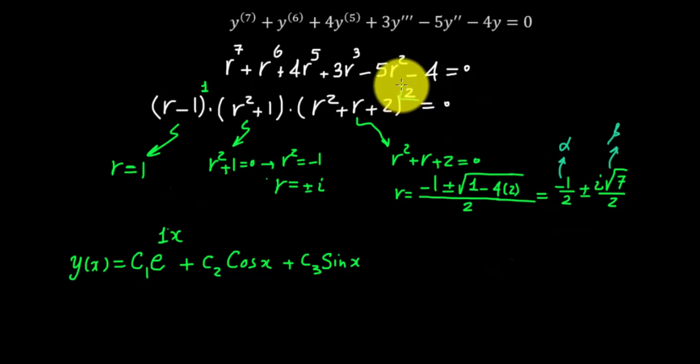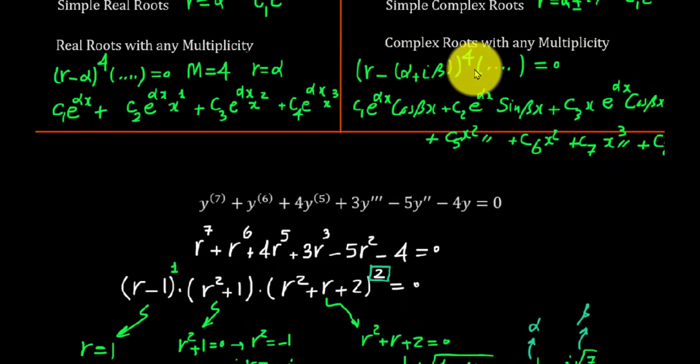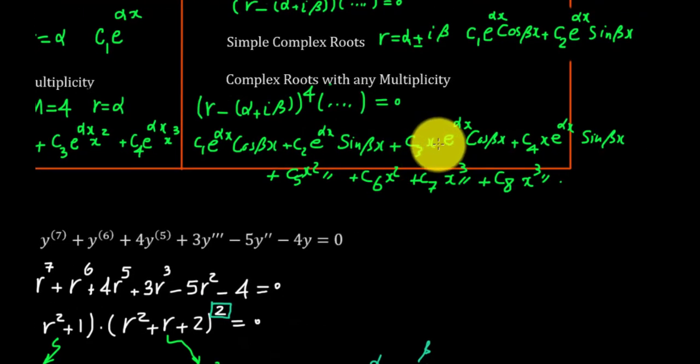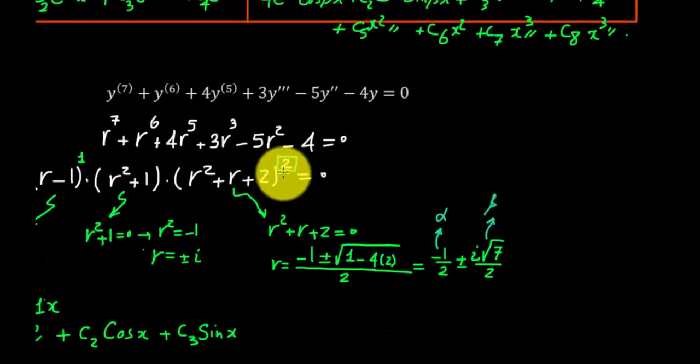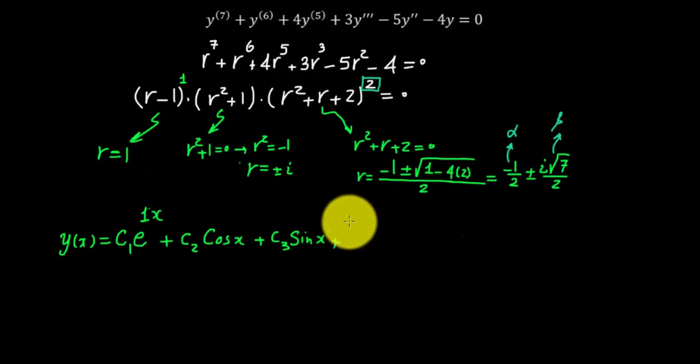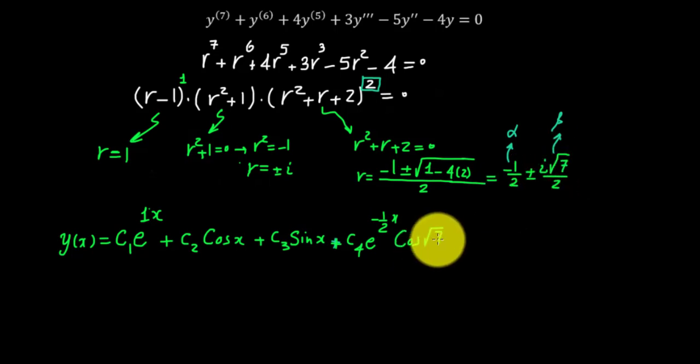But note that the multiplicity is 2. So not only these two terms would be present, but also, since the multiplicity is 2, we have to incorporate up to the first power, because like I said, multiplicity minus 1. In this case, multiplicity was 2, so I have to incorporate x to the 1 for the other term, meaning, let's write C4 times e to the real part minus 1/2 x times cosine of imaginary part root 7 over 2x